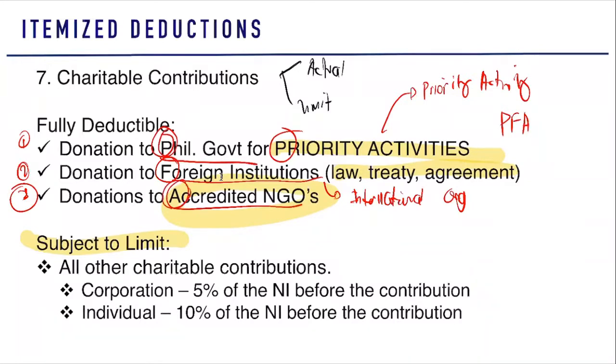Sir, who will accredit? It must be the proper government agency, the government agency with the task to approve that organization, so that it is properly sanctioned. So the NGO must have a certificate from that particular government agency. For example, for sports, we have the PSC, right? For welfare, we have the DSWD. For education, we have DepEd. So those are different NGOs. Let's say for education, it should be sanctioned by DepEd. So the NGO needs to be accredited.